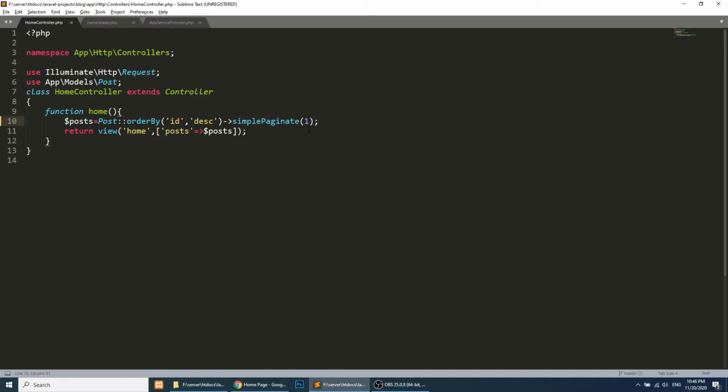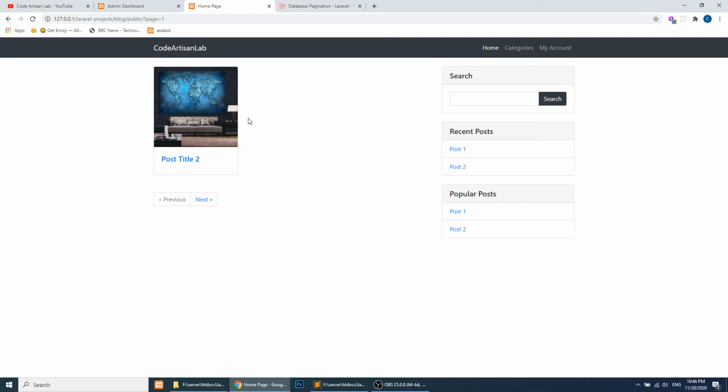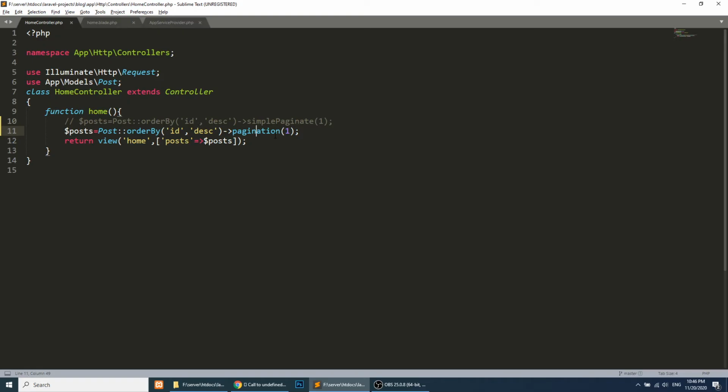So whatever your requirement, you can fulfill it with these two methods: simplePaginate, or the pagination links. Now I am commenting this out so that you can download it from GitHub, and I am using the pagination. In this video I just completed my target, which was to show you the pagination.